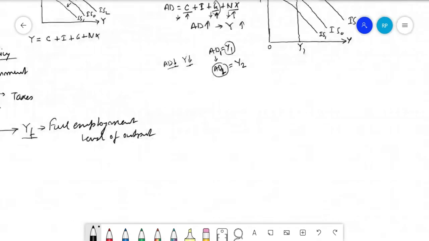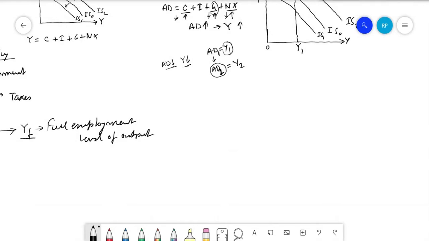Now, let me write the equation that we have written there. Y is equal to C. Earlier we took consumption as a function of Y, but now we are changing it. Consumption is a function of Y minus T. That was the reason I requested, when some of you asked, sir, it should be Y minus T, that you wait and we will go step by step. Now the time has come, so I am writing it here. Y is equal to C, and C is a function of Y minus T.